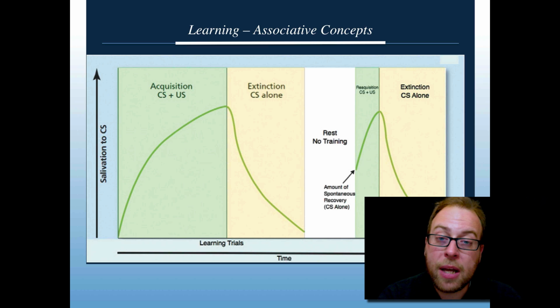What's interesting about learning is that those associations lie dormant. For example, you break up and stop talking to one another, and then you meet up one evening, you get back together, and there's a very quick reacquisition phase because those stimuli are still paired together latently. That is, it's easier to relearn something than it is to learn it for the first time.